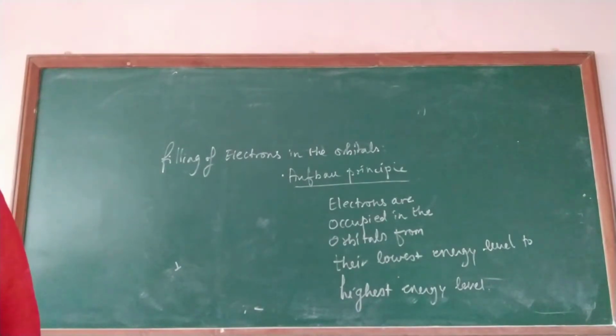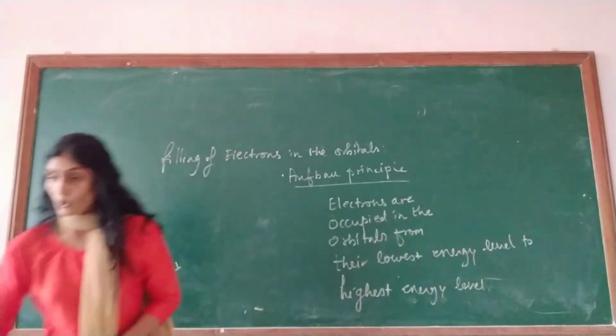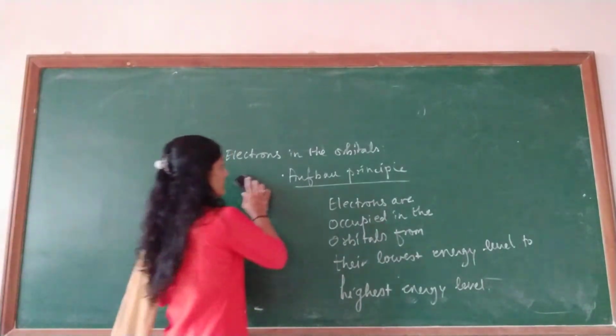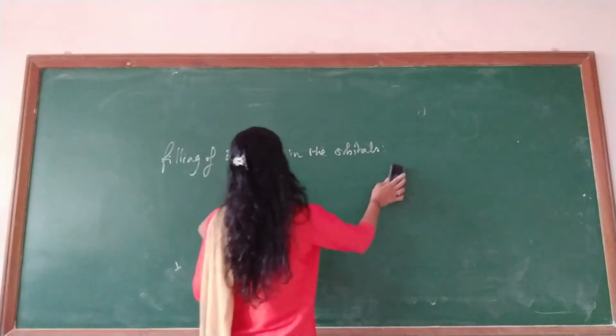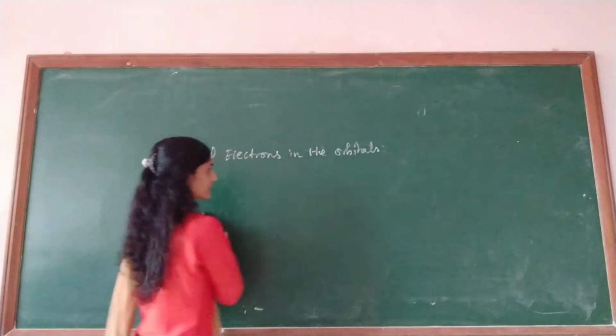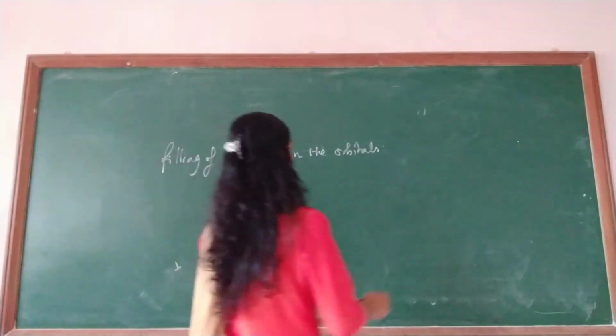So when we talk about that arrangement, we have to draw the schematic diagram for this. So we see how electrons are going to be occupied. It's very easy, children. It is somewhat tough; आपको देख के अगर टफ लग सकता है, but I will show you a very simple trick.